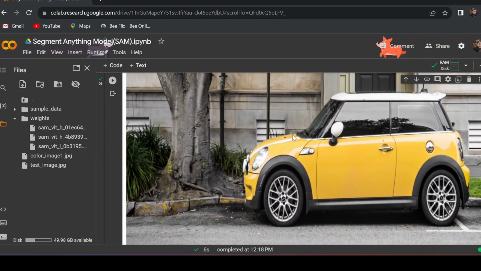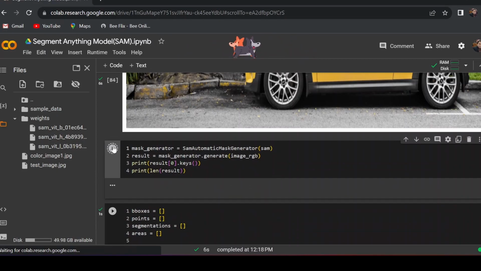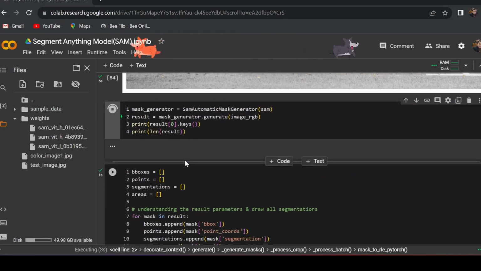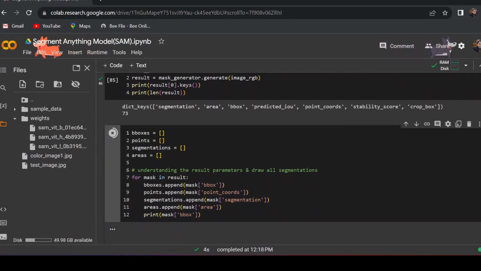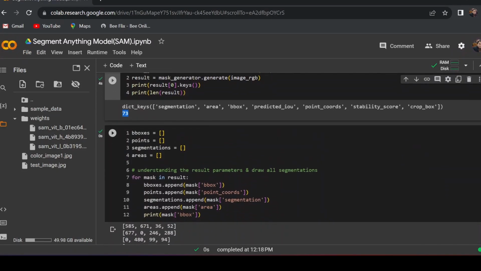I will use the same predictor, and using the point coordinates and the bounding box information I will draw masks over this image. So we just need to again execute all of these codes. Here you can see the number of generated masks is 73 by the SAM model,